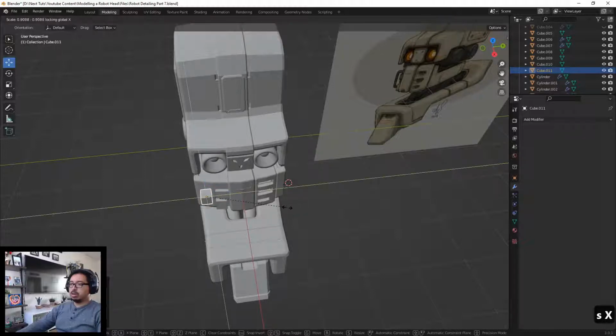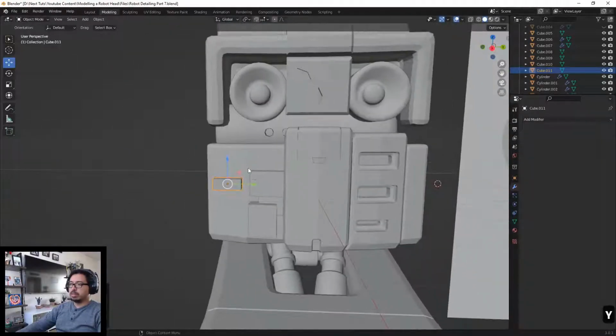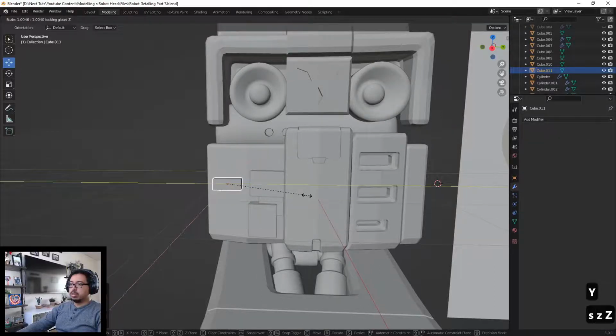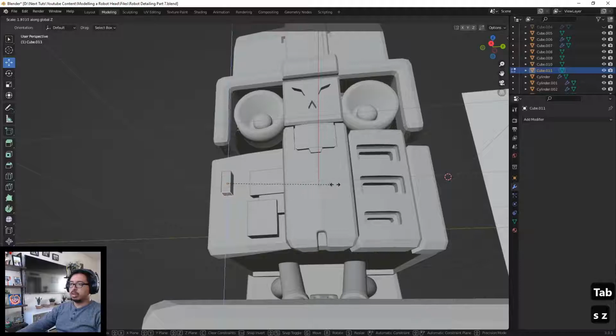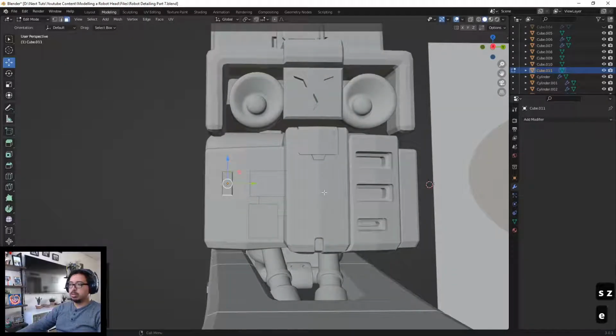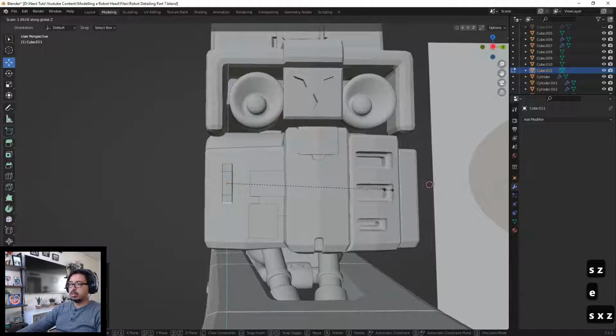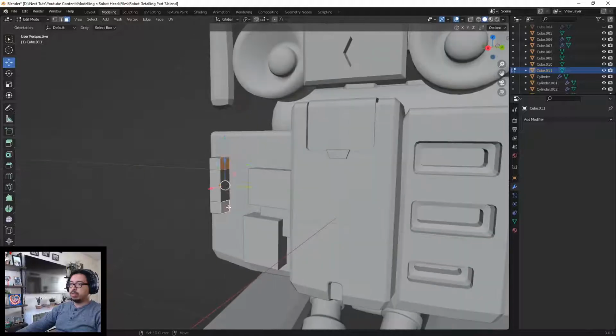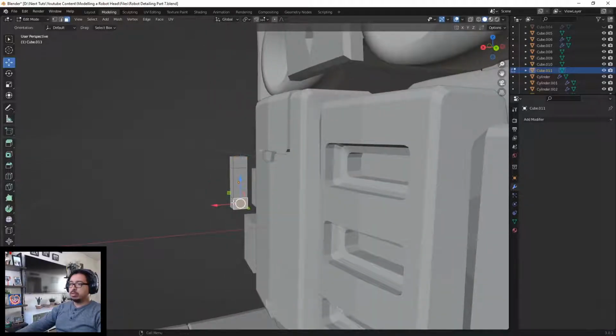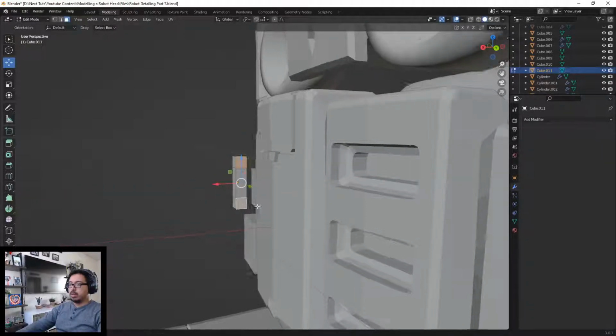And I'd scale this on the Z and Y axis. Actually, the X and Y axis. Something like that. There we go. And then I'm going to just grab these two, scale them out, and then extrude them. And then with that, I'm going to extrude them inward. But let me just kind of readjust this really quick. There we go. And then I'm going to extrude them